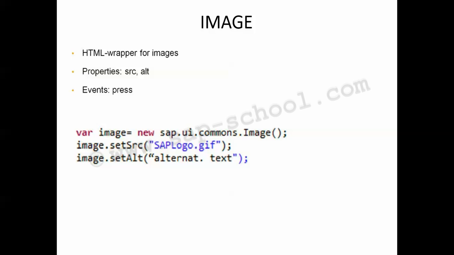In the second case, the images are not predefined as tab stops in the accessibility mode. So whether or not an image is decorative, it can be configured with the property of the same name. So here we can see the sample code for the image control.